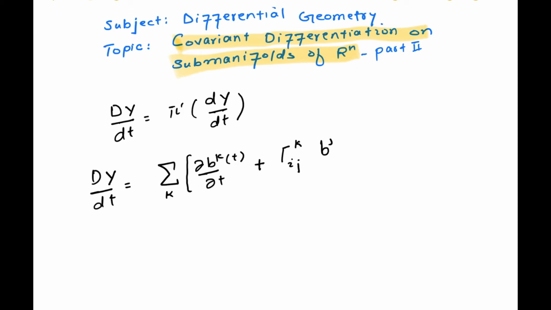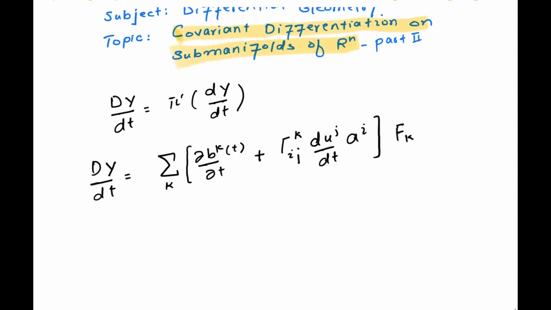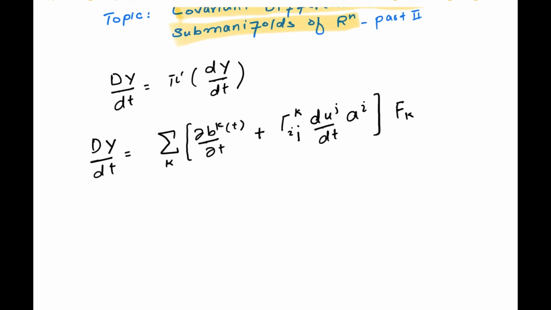So let me write it like this. Duj by dt multiplied by ai, and then this becomes fk comes here. So we have explained these things in very detail in the previous lecture, and there we saw